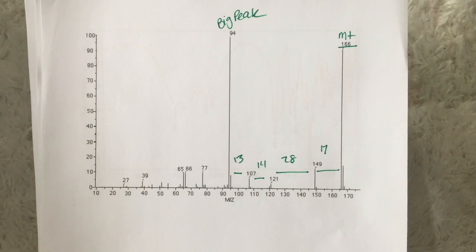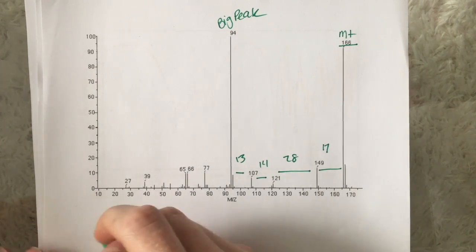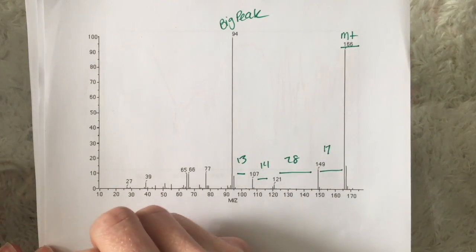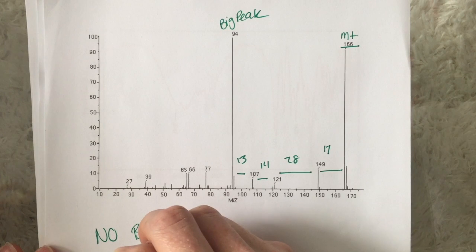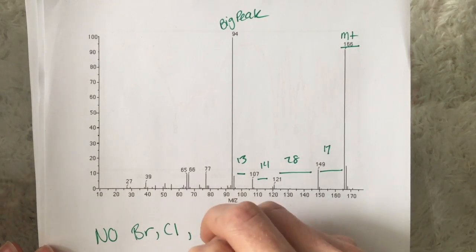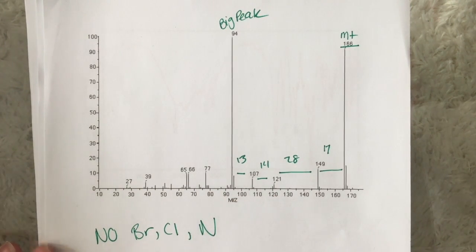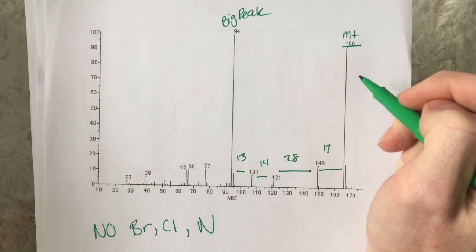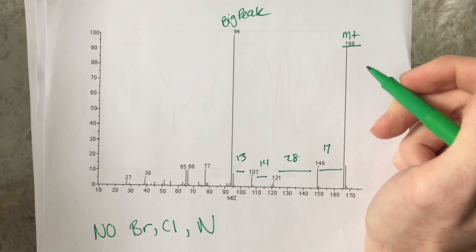So we're going to use the DOU formula because it does not look like we have any triple splitting or any patterns that would indicate a bromine, chlorine, or nitrogen. So we're just going to go ahead and say no bromine, chlorine, or nitrogen, and we're going to do the DOU formula, which is indicated by 2 times carbons, and we found the carbons using the